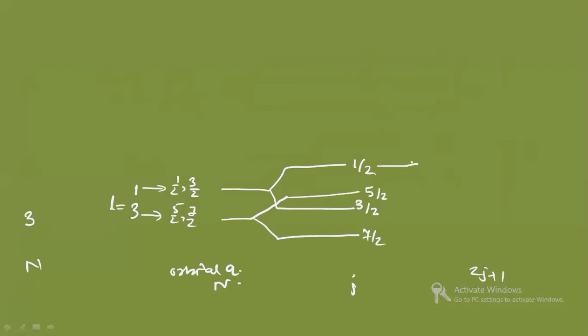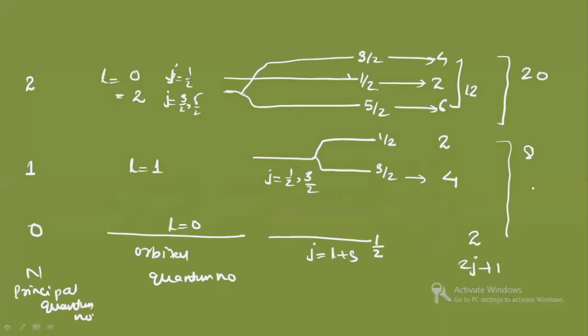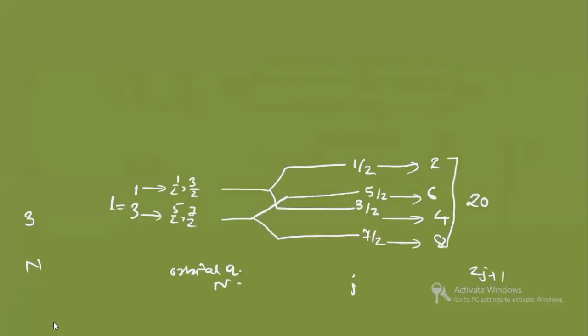All right. So here how many can you fill? It is just 2j plus 1. So here 8, here 4, here 6, here 2. So as a whole, here how many will be filled? 20. Right. So if you see in the previous slide, up to here there were 20. So up to here it will be 40. Did you understand?